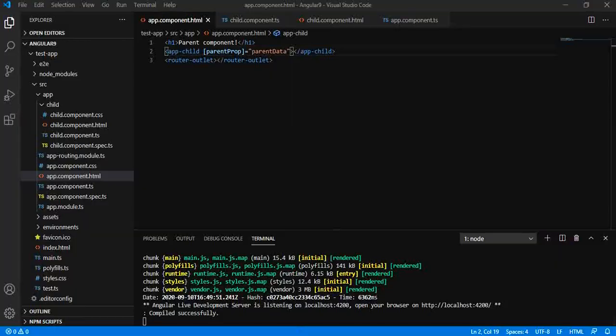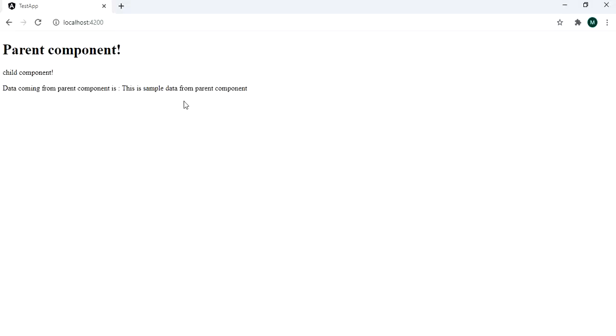Let us see the output in browser. So we can see this particular data that we have sent from parent component to the child component, and this particular portion belongs to the child component, and we have rendered the value that is coming from the parent component, that is our app.component.html.